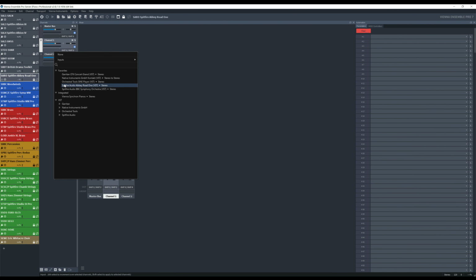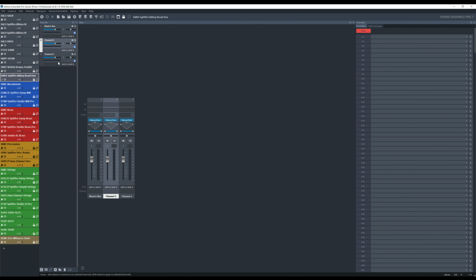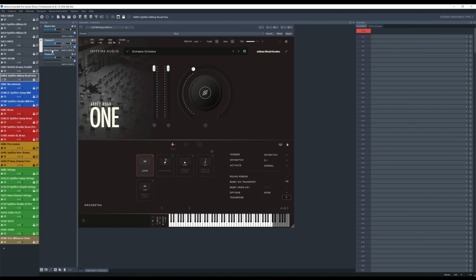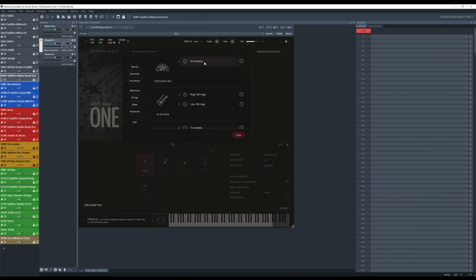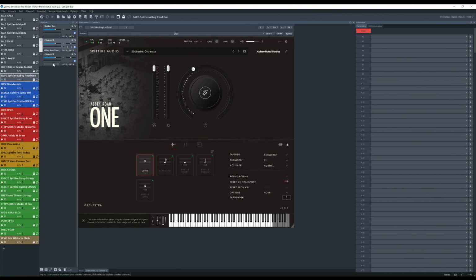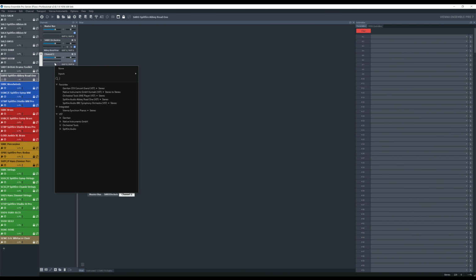So now we are going to load here Spitfire Audio. Here it is. And we are going to put in the first one, so the main one, which is the orchestra. So load it. So I'm going to put here the name. And I'm going to make sure that here it's assigned to 1, 1. So then I look at this. Typically that's to be set, so 1. Alright. Second one, I'm going to add